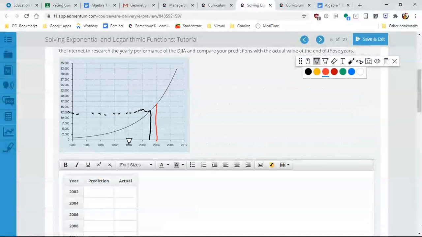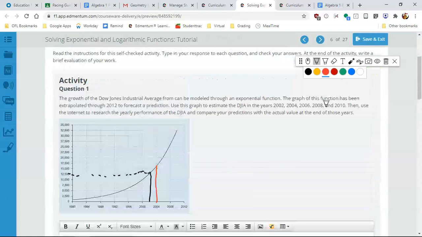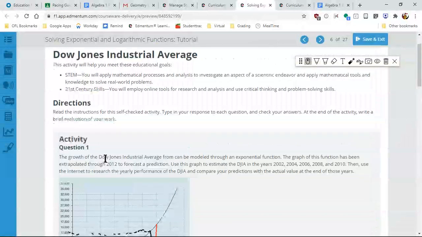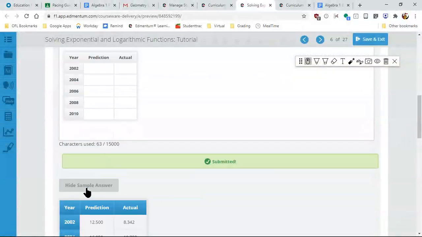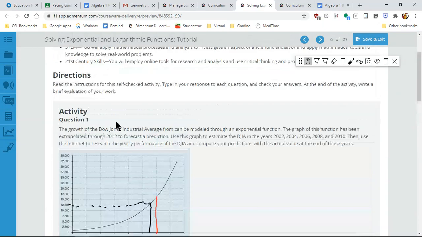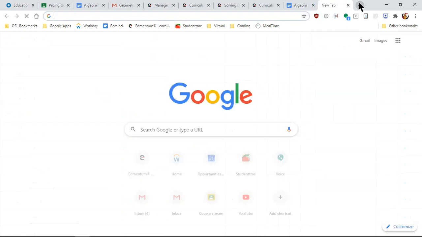All we're doing is looking at the graph to solve. Eventually, we will use exponential functions, and then they want us to figure out the actual function. So we're using the graph to predict. When we want to solve for the actual Dow Jones, what we're going to do is open up a tab,